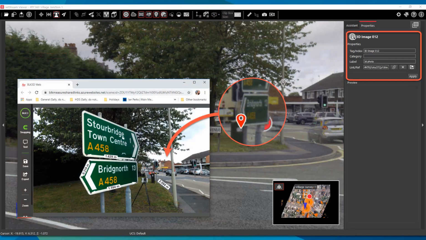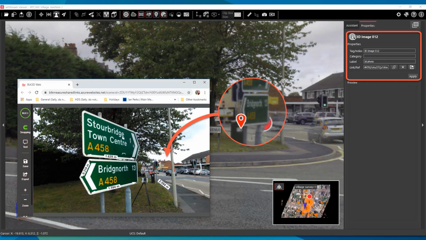So the other option is here, you can see this is in JetStream Viewer, and I've highlighted that 3D image. And what I've done here is I've updated the link within the LGS file to allow you to jump out to what we call BLK 3D web. So this is a web hosted image. This will typically, I think, stay up for about 90 days once it's been published, and you can double click on that and you can then take measurements directly from that image within BLK 3D web,